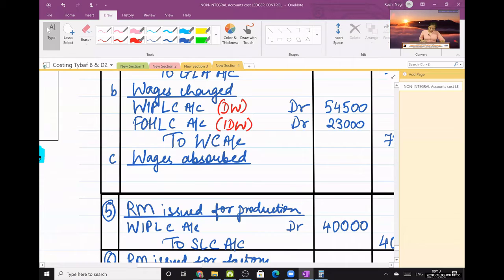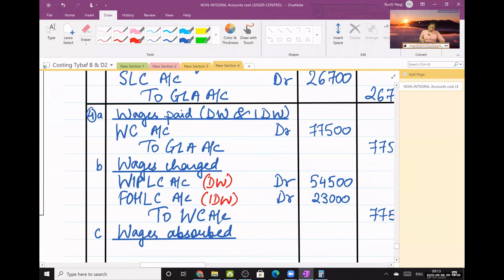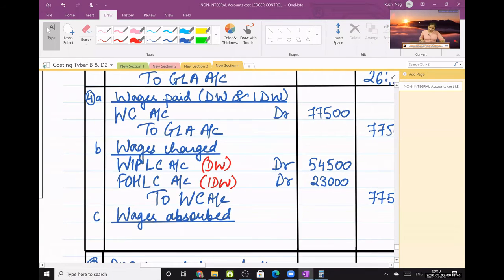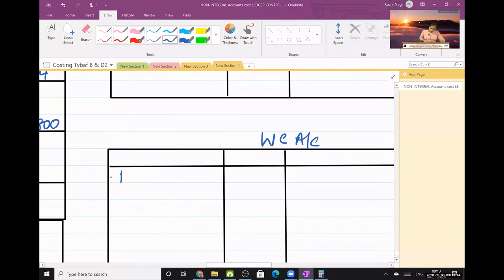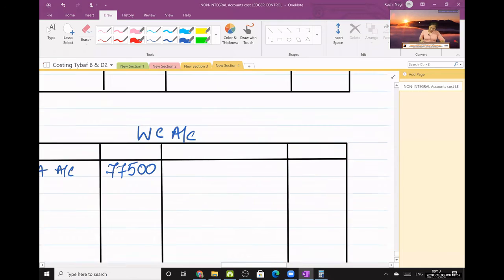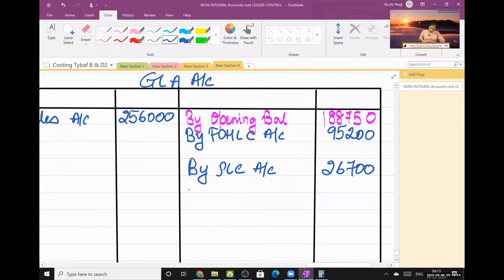So this is also done. Fourth one, wage control to GLA, 77,500. Wage control to GLA, wages paid. Second effect, take it to GLA by wage control account, 77,500. Next,